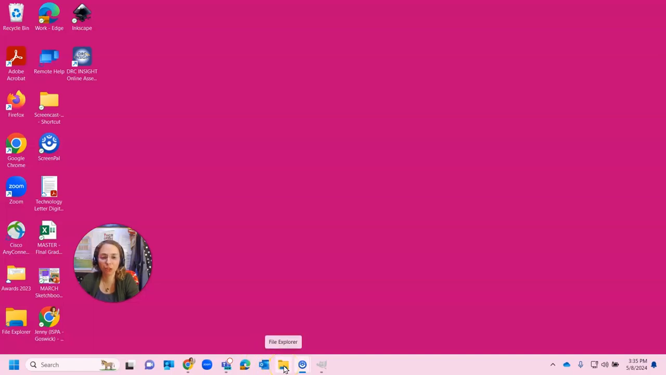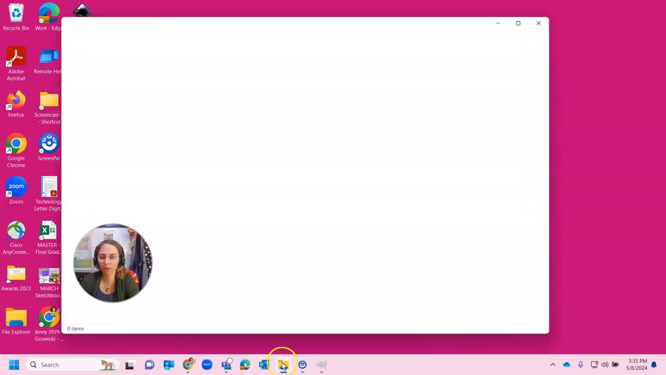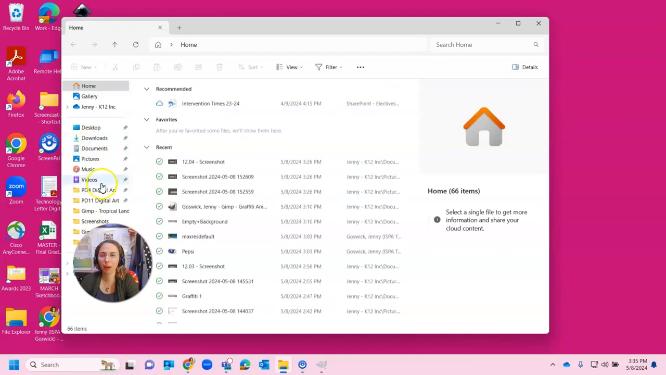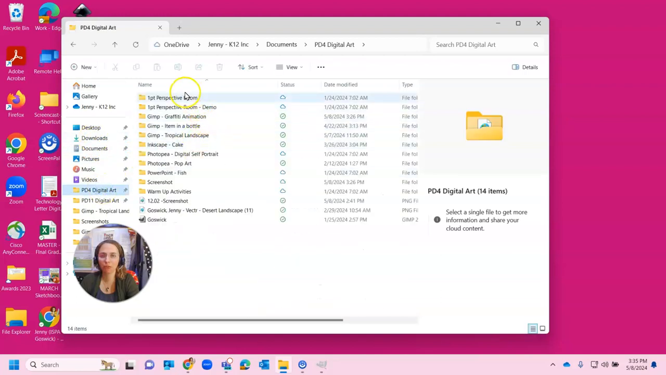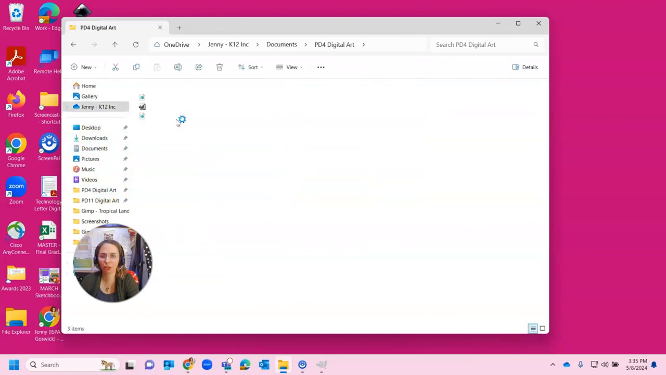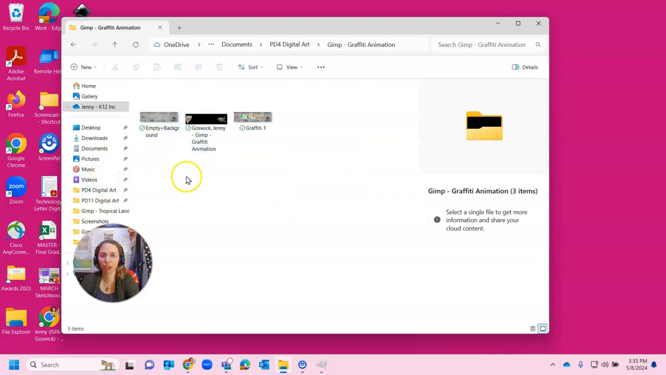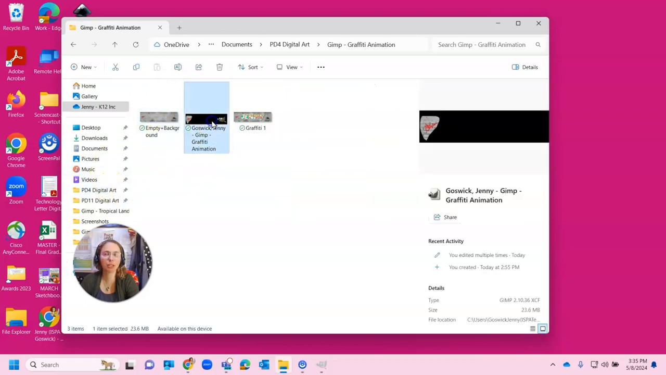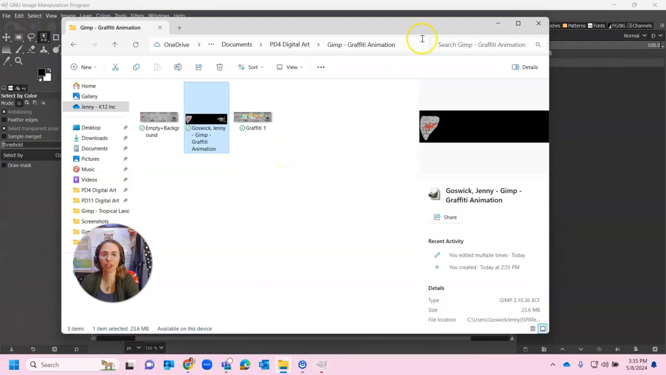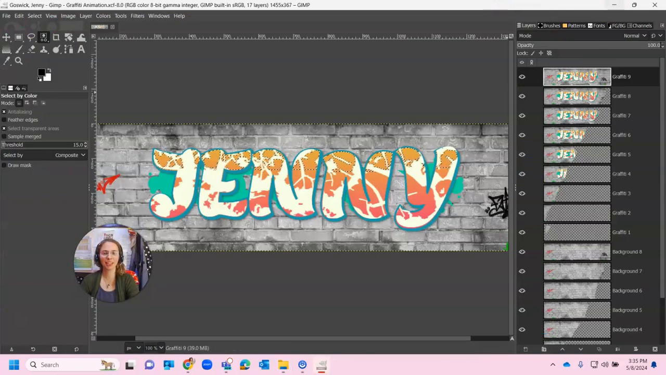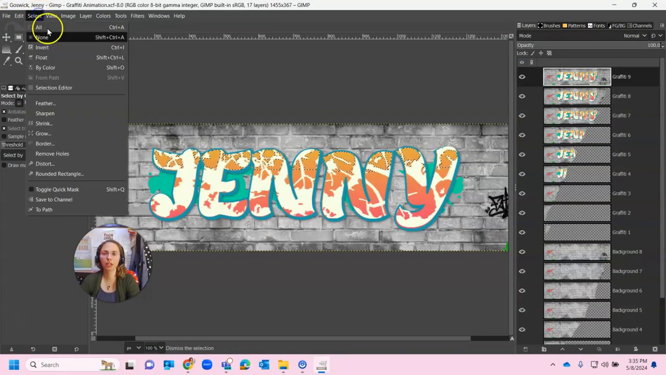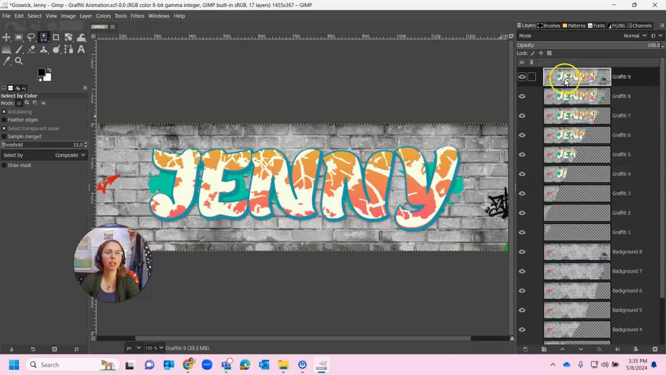So we're going to go to our File Explorer. We're going to open up our digital art folder, find our animation folder and our project right here. I'm going to double click to open that project in Gimp. And here it is. All right, so we're going to start by looking at